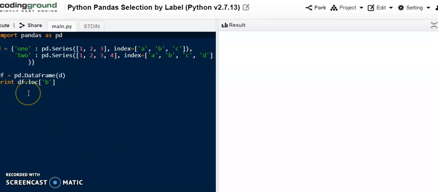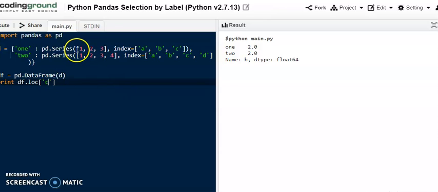And now when we execute this, what will be the output? You can see 2.0. Okay, so is it clear? 2 is showing on the b position. If I change the position, then the output will differ.